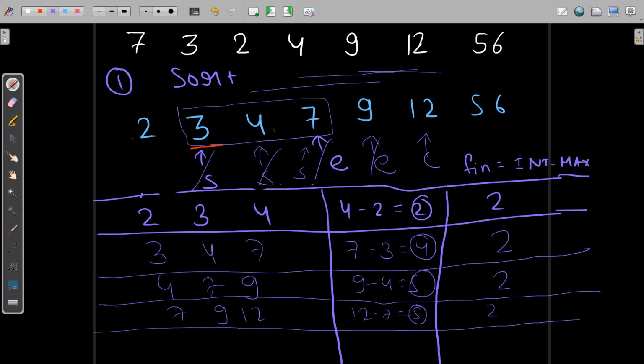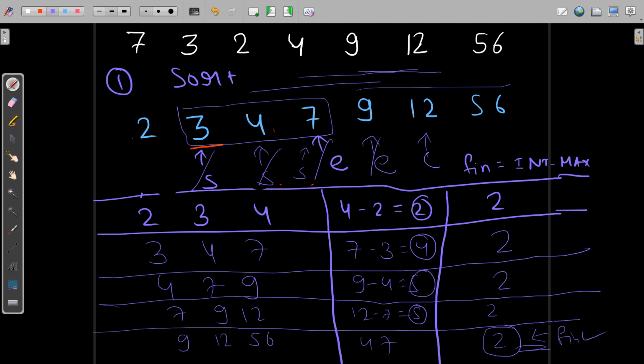After that, finally, we will have 9, 12 and 56. So 56 minus 9 is 47, so it will not update, of course. Finally we have 2, and we will return this fin. This is our final answer.